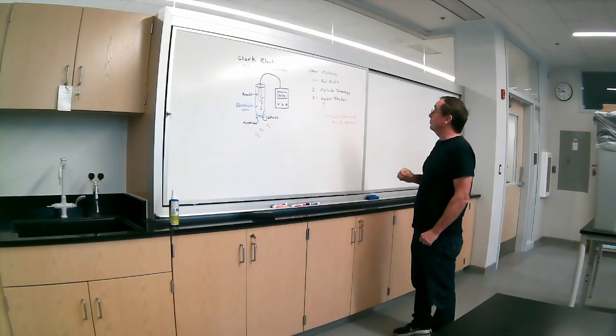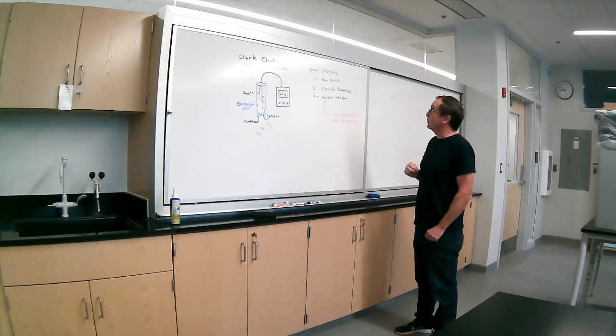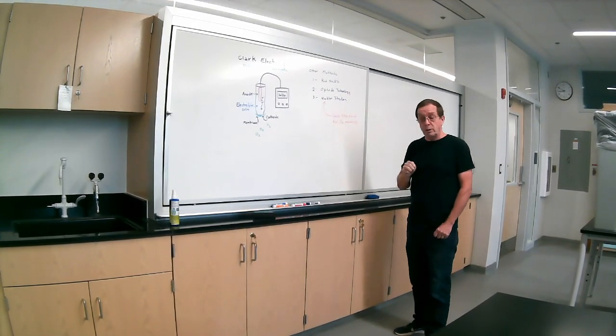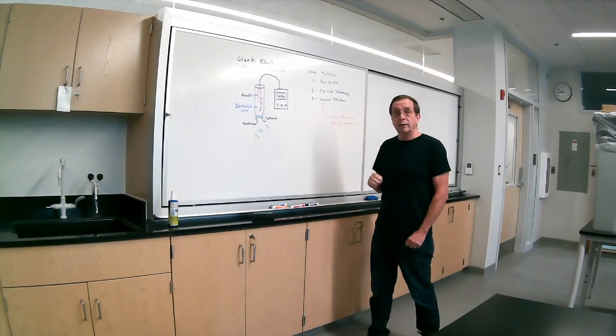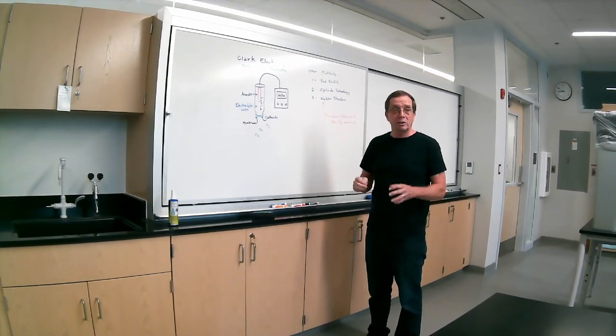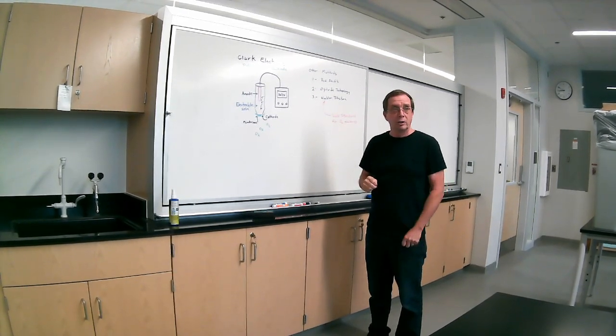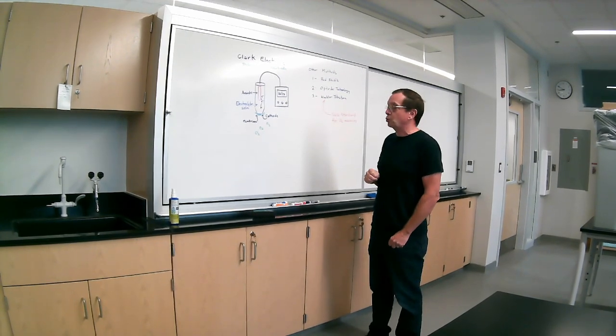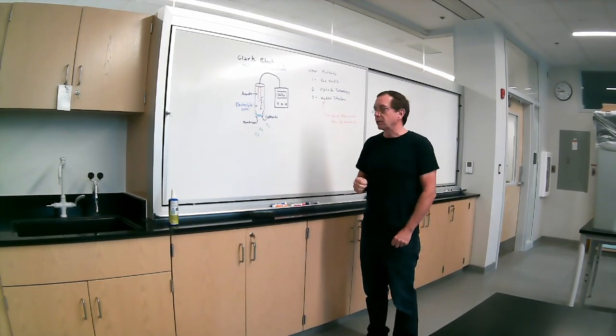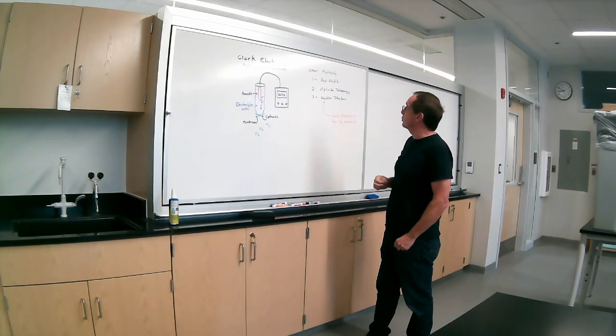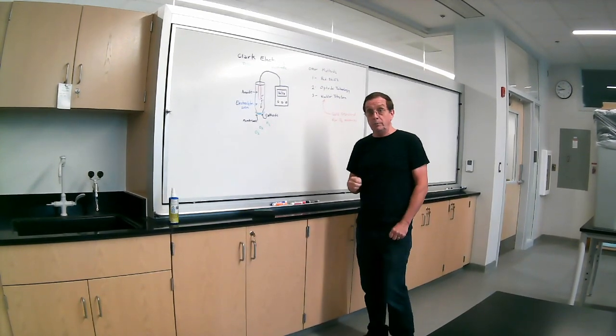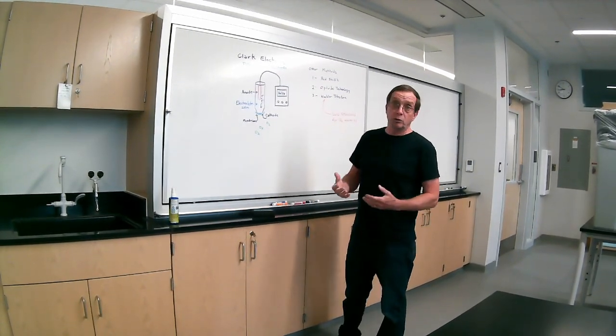A couple of other ways that we can do it are something we call redshift technology. I'll show you that meter here in a moment as well. Looks a lot like the Clark electrode meter because YSI tends to kind of converge on a single platform in terms of shape and how the functionality of their meters. But redshift has been around for a really long time. We use that primarily in sewage treatment